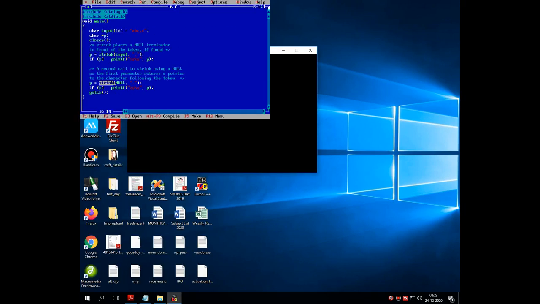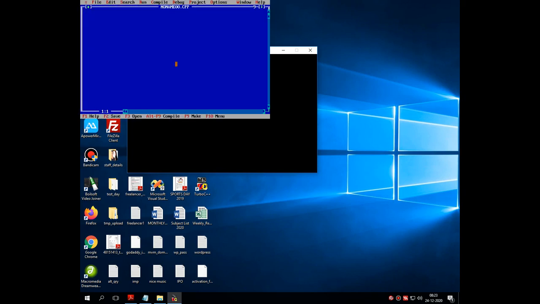For that, let me have a new program, and the first line of code is #include stdio.h, then #include conio.h, that means console input output. Then #include. At this time we have to add a pure library function for executing the mathematical statements, that is math.h.